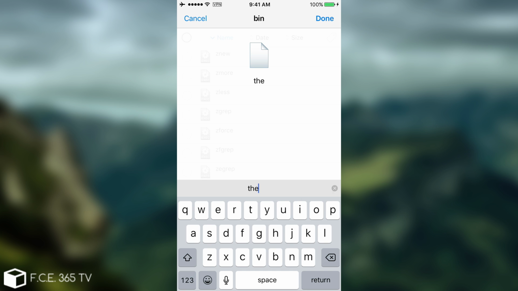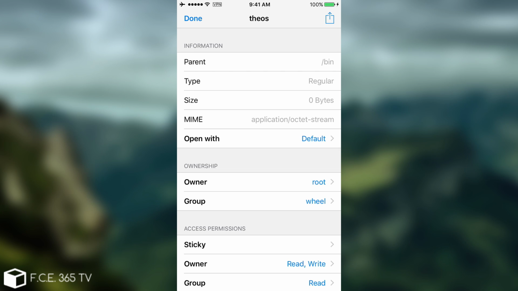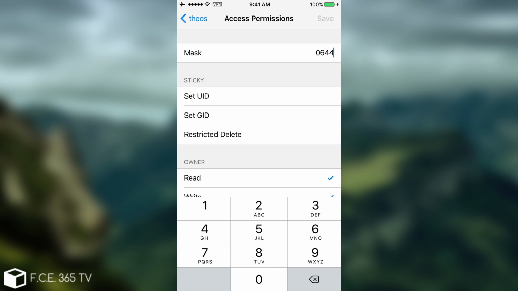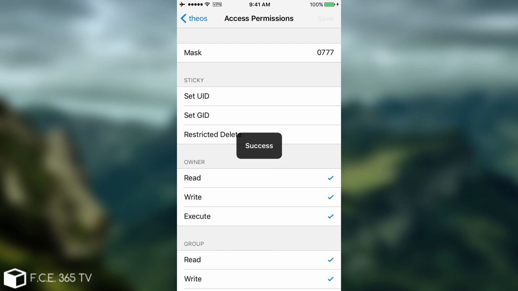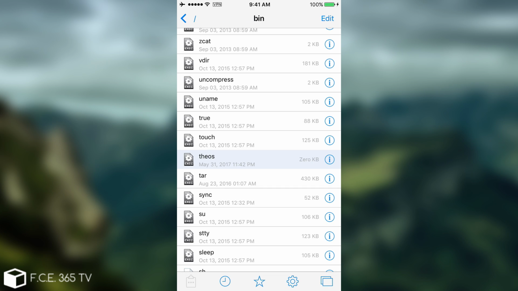And this is going to help us to call Theos just by saying Theos in terminal instead of calling the whole entire path of it. Okay, click Done, and it's going to create a new file, but as you can see, it has that blank paper icon, which means it doesn't have the correct permissions. Click that i in here, and as you can see, we have a couple of info about it. Go to Stickiness and go to Mask. Remove the 0644, it's not correct, write 0777. Click Save. Okay, success, click Theos, done, and as you can see it now has the correct icon,